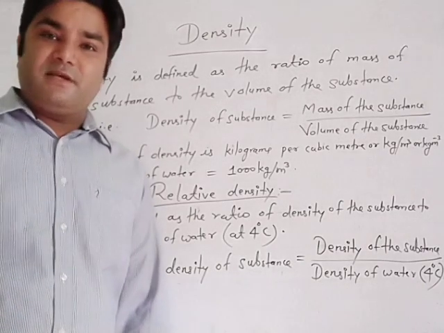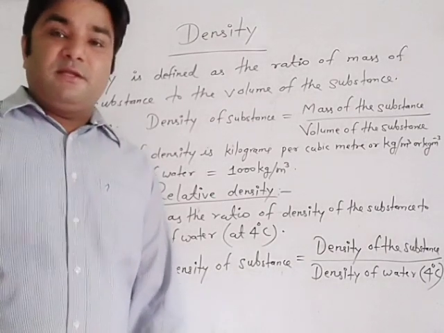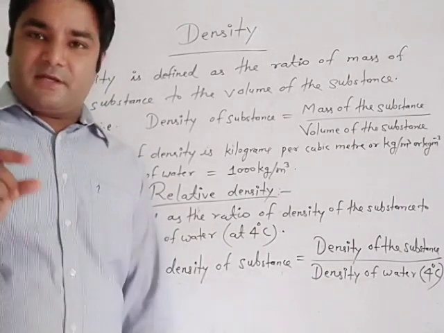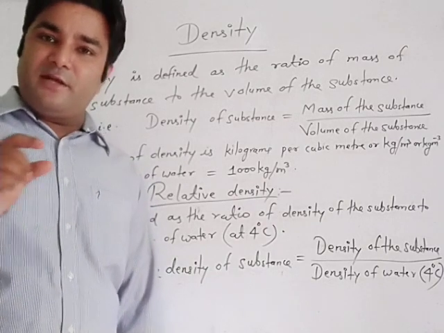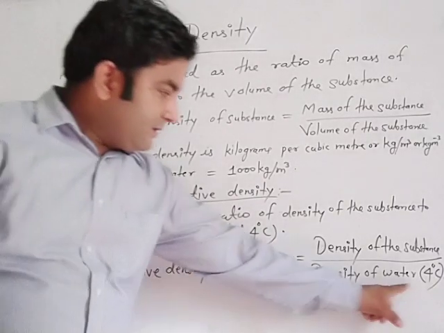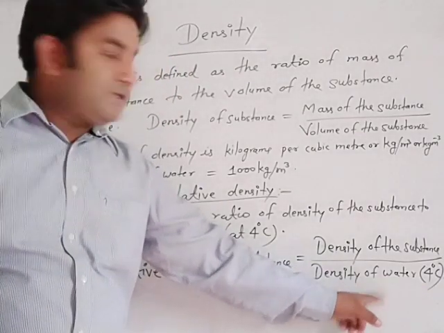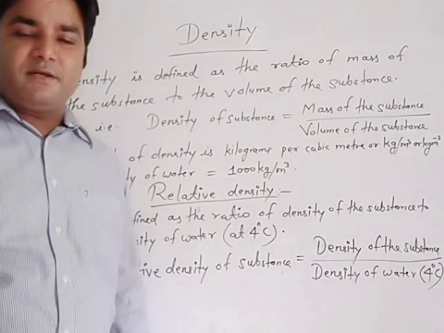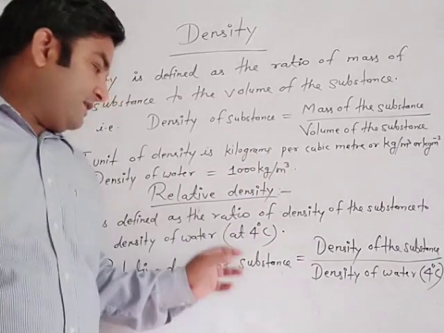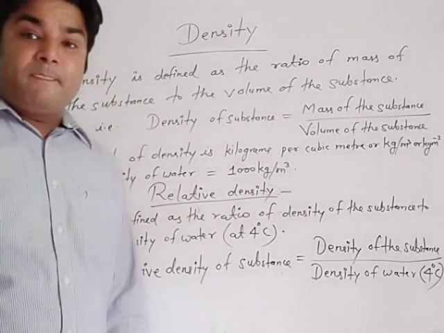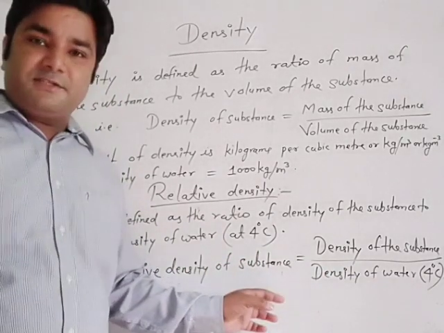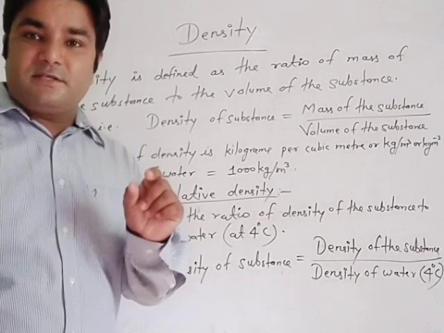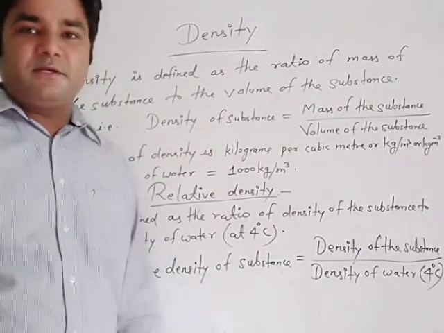Then what is the meaning of this statement? It means the density of the substance, here the substance is mercury. The density of mercury is 13.6 into the value of density of water at 4 degrees Celsius, or standard temperature, which is 1 for relative density and for density calculation that is 1000, or you can say 10 power 3. Then 10 power 3 multiplied by the relative density of the substance. So on behalf of relative density, the density of mercury will be 13.6 into 10 power 3 kg per meter cube.